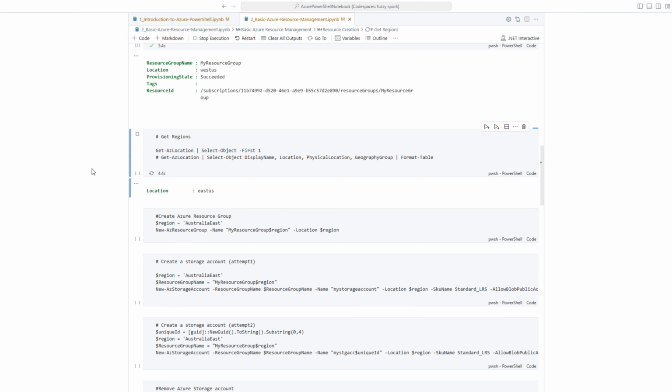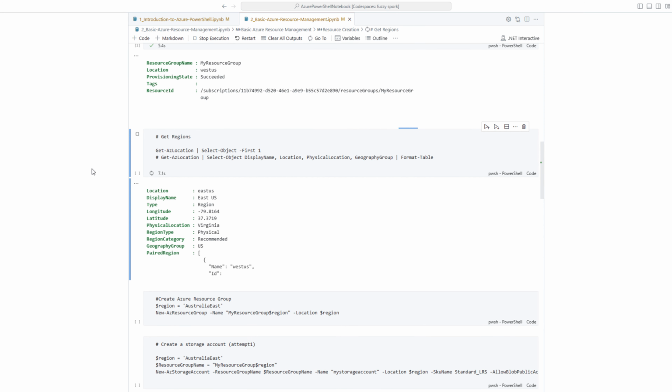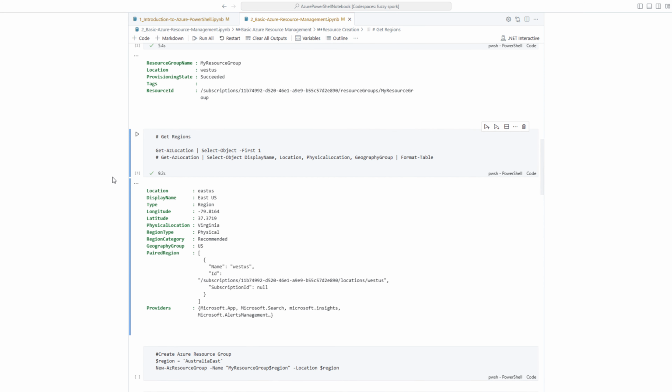And this will spit out the first location that comes to us. So to give us an understanding of what kind of information we may be getting back from the Get-AzLocation: location, East US, the display name, East US, it's a region, we can see the longitude and latitude, we can see the physical location of the data centers. Keep in mind, Microsoft does not publicly give an exact location on where the data centers are stored for security and privacy reasons. Obviously they don't want people turning up,